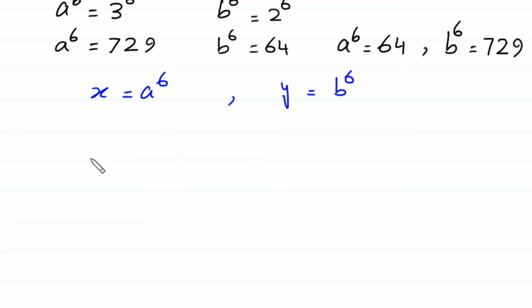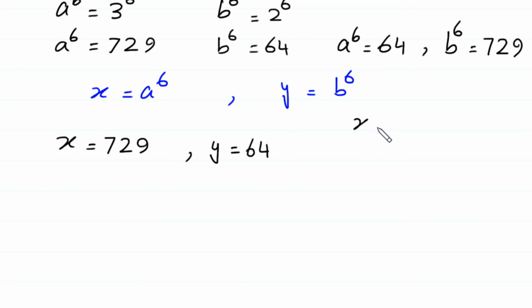So from here, x is equal to a to the power 6 is 729, and from here y is equal to b to the power 6 is 64, y is equal to 64,